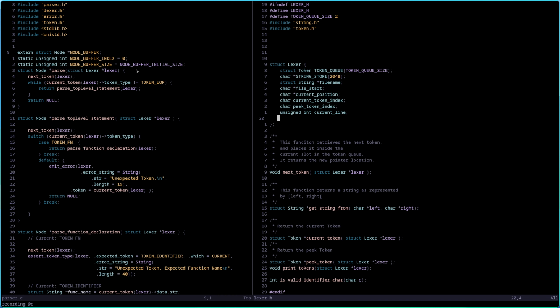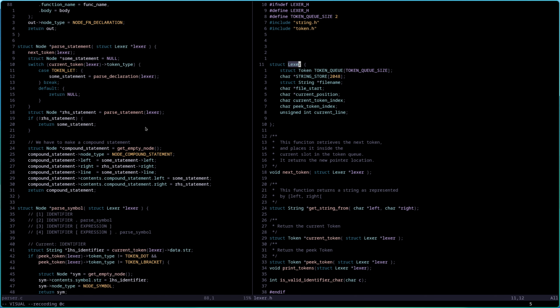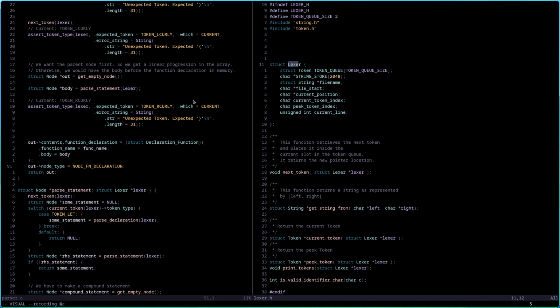Basically because then you can have multiple Lexers lexing different files. That's an easy way to parallelize it, because the Lexer is just what hosts the entire state of the program. I should probably call it state, or context maybe, instead of Lexer.